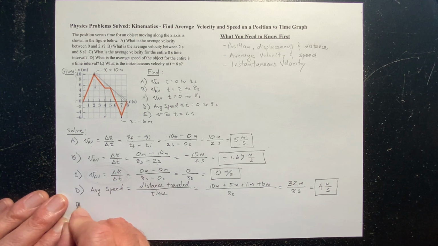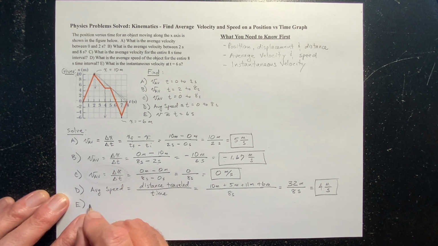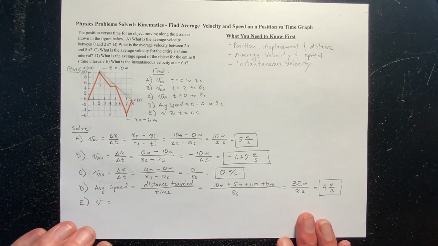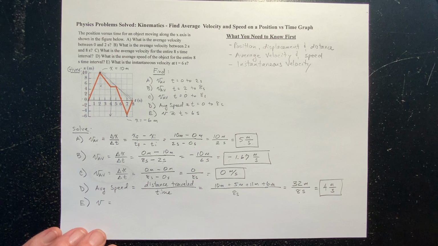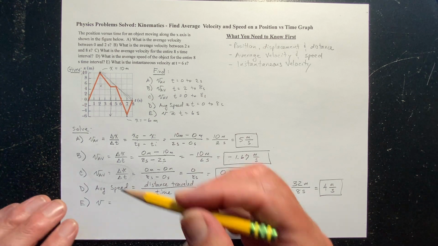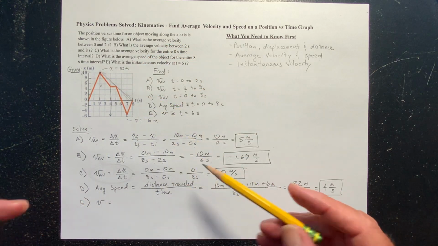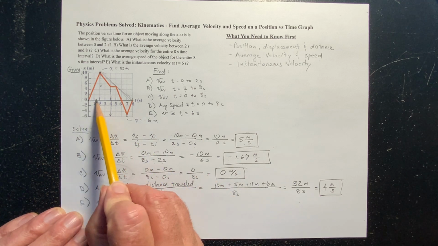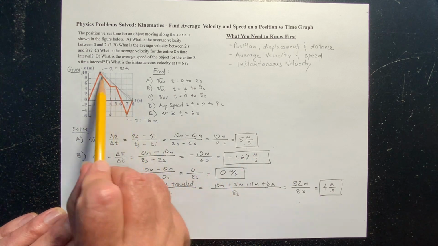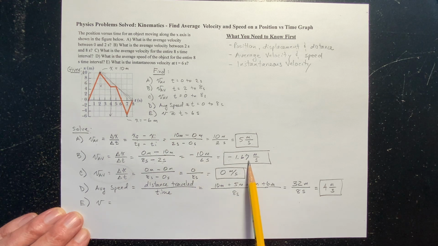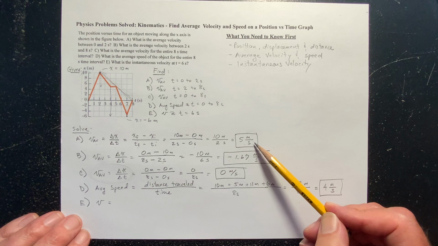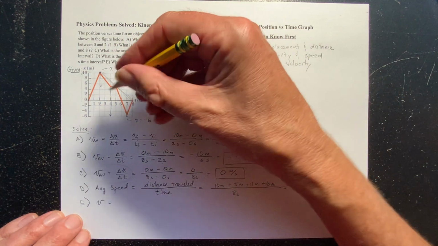All right, let's do the last one. And that is we want v instantaneous. Now, the instantaneous speed is the slope of the position versus time graph. I mean, look, these are all slopes, right? The A, B, and C, these are all slopes. Like the slope from here to here, 0 slope. The slope from here to here, negative 1.67. The slope from here to here is 5, right? But right here,